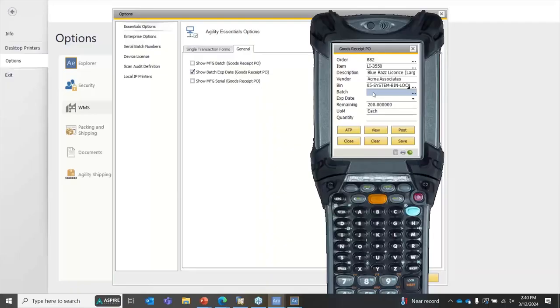Now whenever the batch flag is throwing yes, it's also going to add in expiration date. If I checked manufacturer's batch, that could be on the screen as well. And that just gives you a little bit of additional functionality for batches. Now, of course, with food products, we want to have expiration date on there. What we're doing in this case